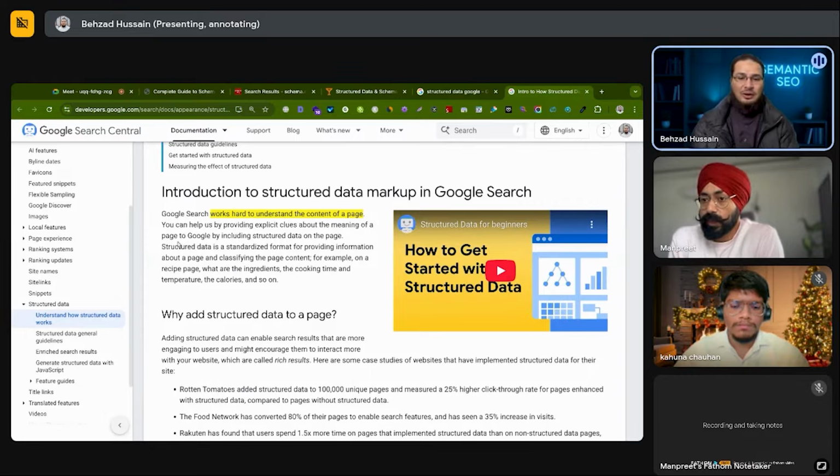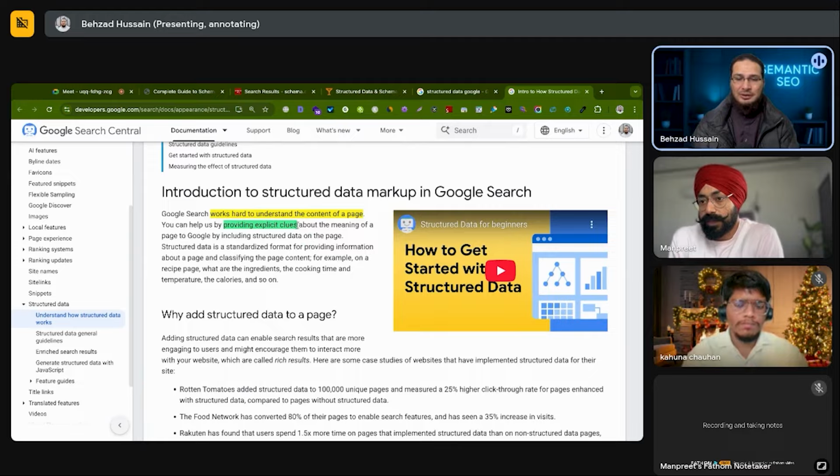So what they are suggesting, you can help us by providing explicit clues about the meaning of a page to Google by including structured data on the page. So Google is requesting us to provide explicit clues